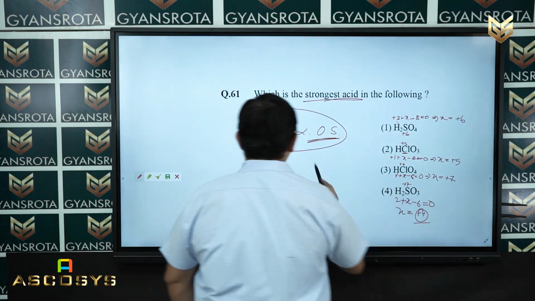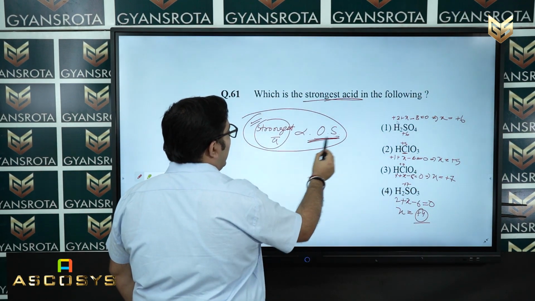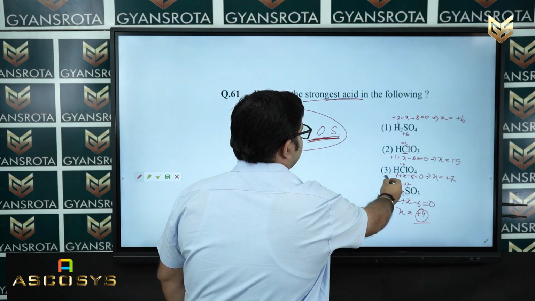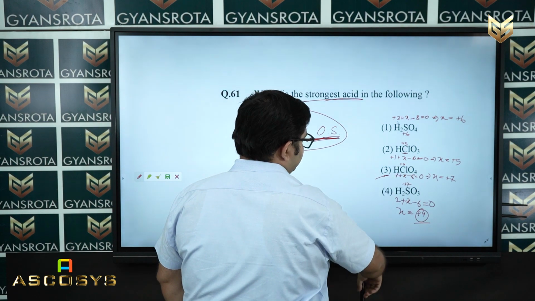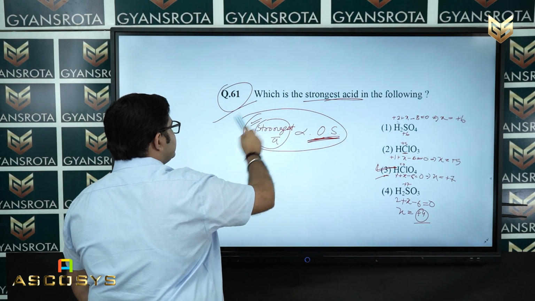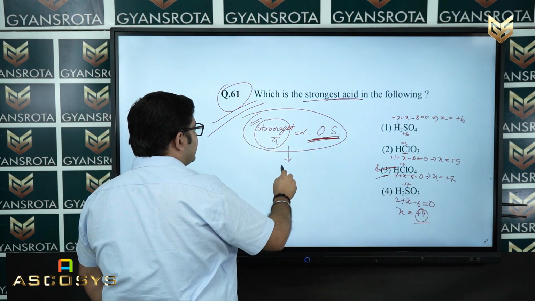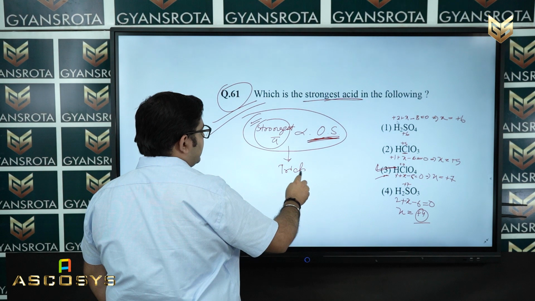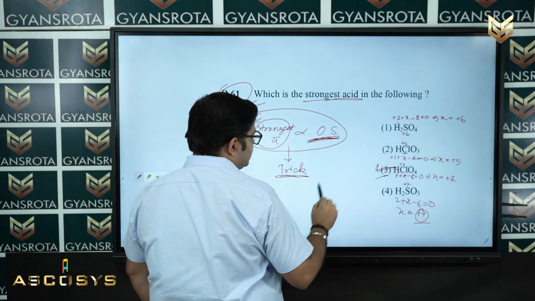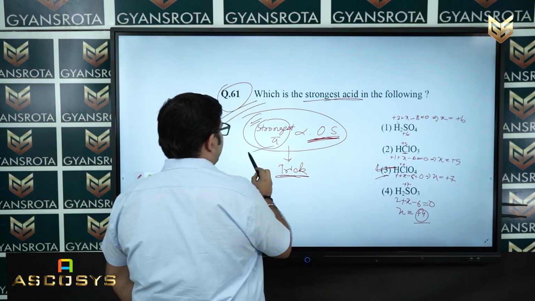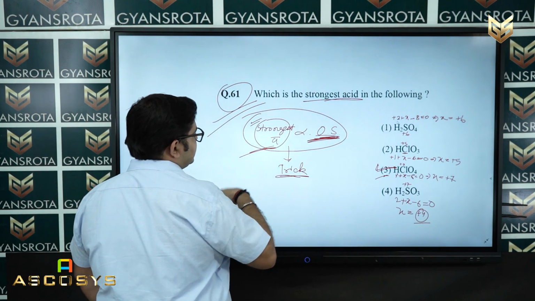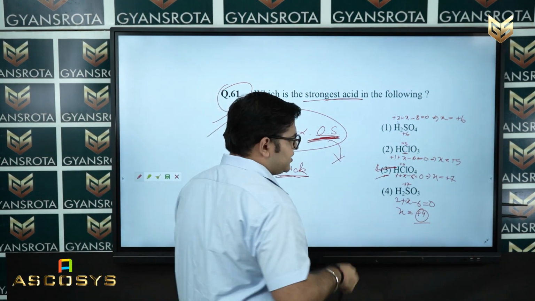Now, I already mentioned that whichever has the highest oxidation state is the strongest acid. Now, among the following, if you see, option number 3 has the plus 7 oxidation state. So, option number 3 is the correct answer of your question number 61 by using this trick. Okay. This trick is useful for all the oxoacid compounds. So, if they ask you any question regarding oxoacids, which is the strong acid or strong base, you just find out that the strongest acid is directly proportional to the oxidation state, meaning you directly find out the oxidation state of that